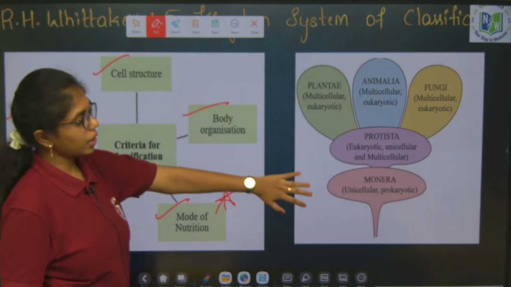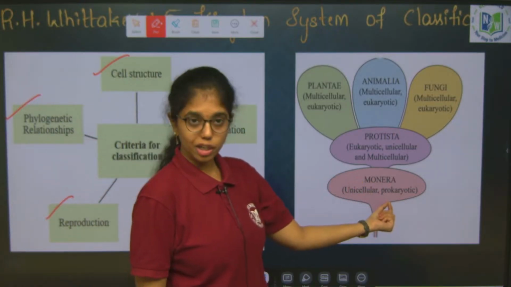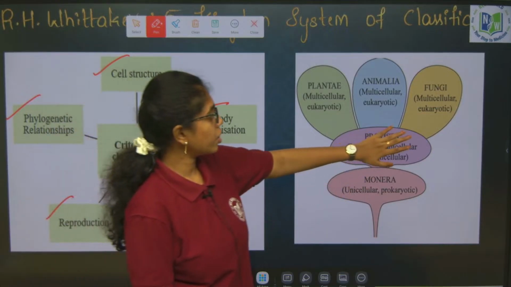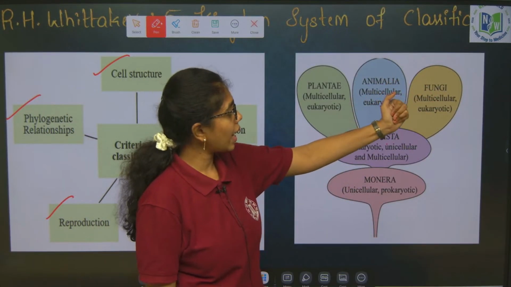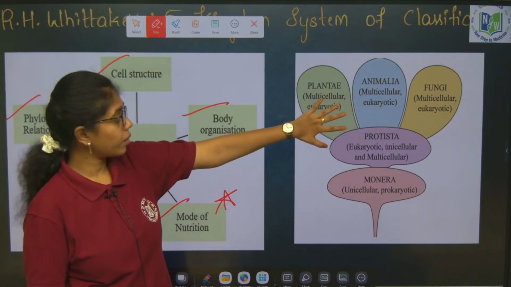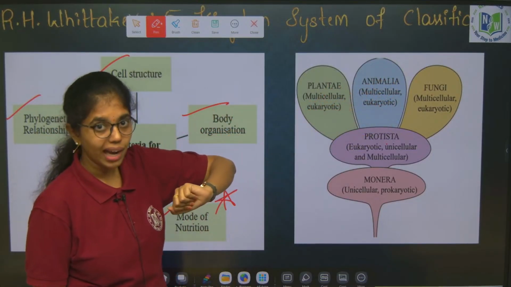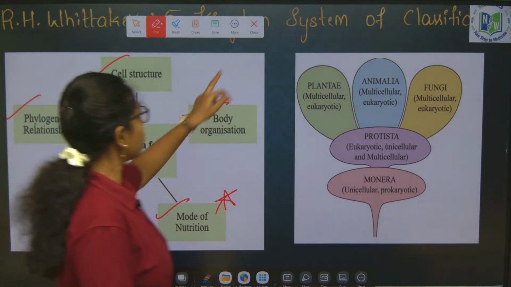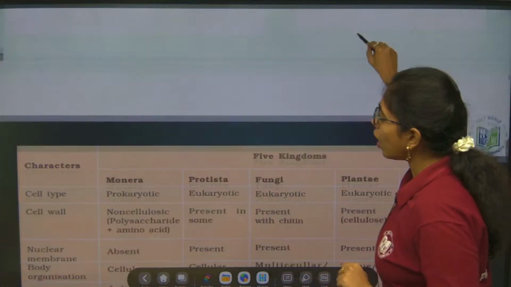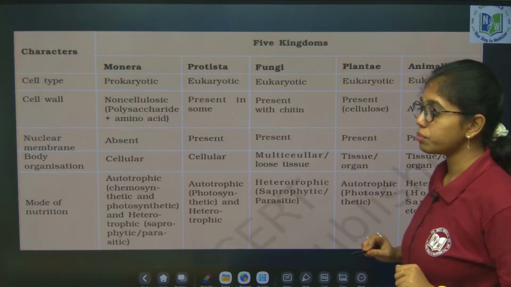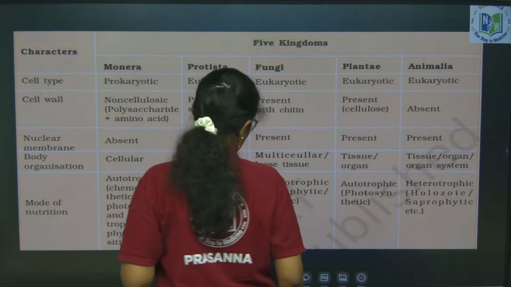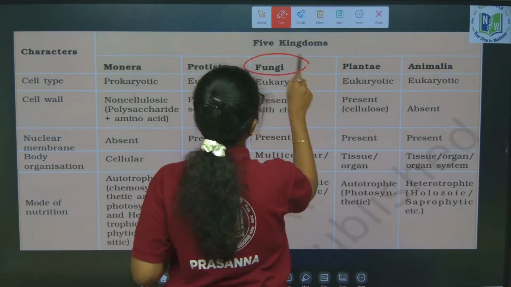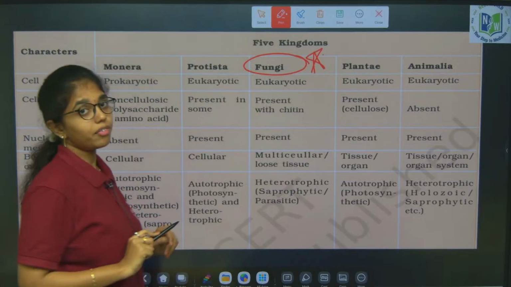And here, if you see, Monera includes all unicellular prokaryotes, and Protista, eukaryotic unicellular organisms, are introduced. Next, Fungi are multicellular eukaryotes, Animalia multicellular eukaryotic, and Plantae also multicellular eukaryotic species are included. So, this is about the criteria of the 5 kingdom system of classification. Let us look into what kingdom is introduced in the 5 kingdom system of classification. The kingdom introduced is Fungi. Okay. Fungi is introduced in the 5 kingdom system of classification.